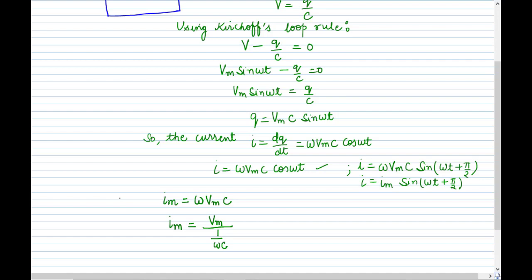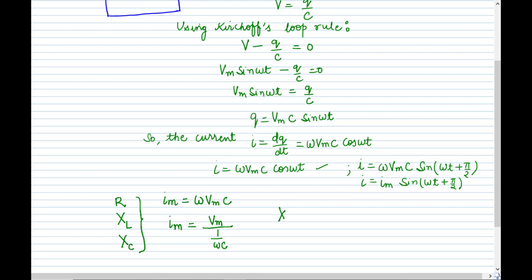So R is the symbol we use for the resistance, that is a common resistor. And for the inductive resistor, we have used XL. X is also the resistance, and L suffix shows that this is inductive resistor. So here we can use the symbol X and we can put C. So this is a capacitive resistance. So all these three are resistance. This is normal resistance, this is inductive resistance, and this is capacitive resistance.